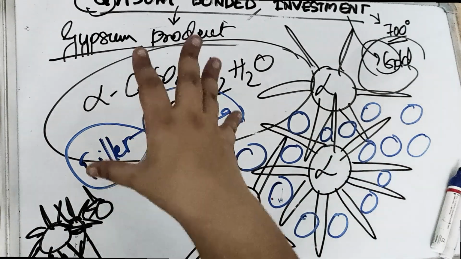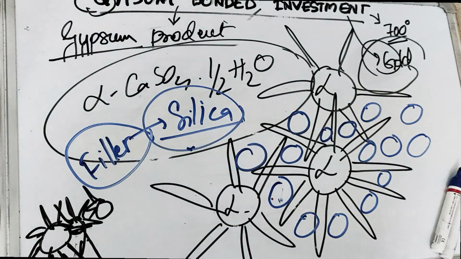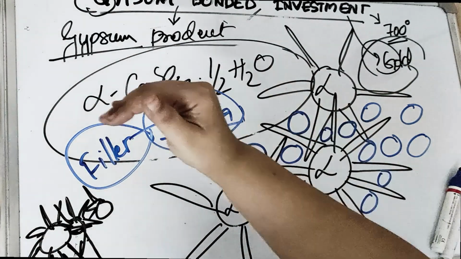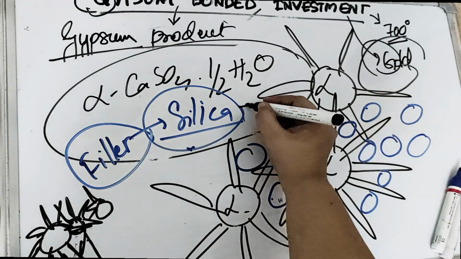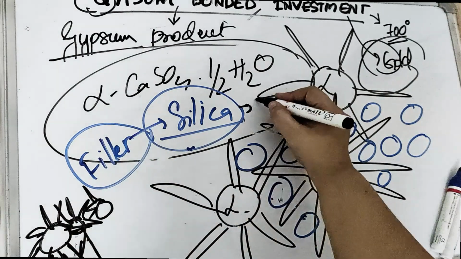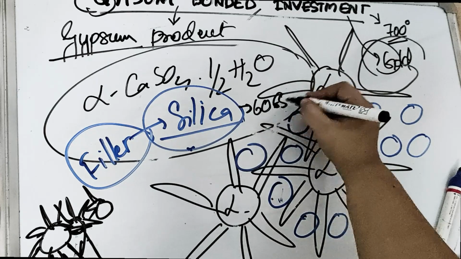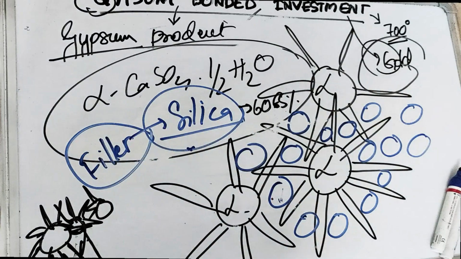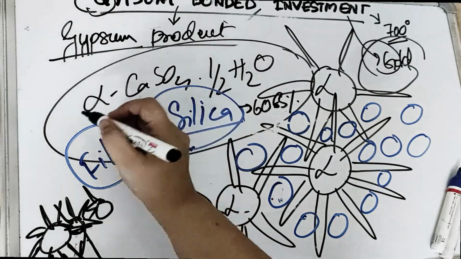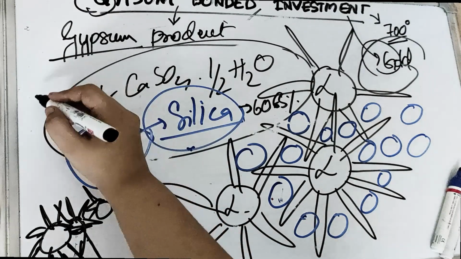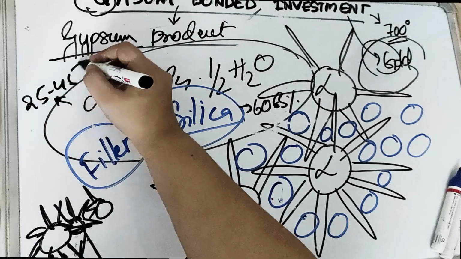Now the silica is the refractive material. Why refractive? Because it can withstand high temperature. What do we call a refractive material? When it can withstand a high temperature. So these silica particles, the filler particles, are 60 to 65%, right? And the alpha calcium sulfate hemihydrate crystals, which are the gypsum crystals, are 25 to 45%,